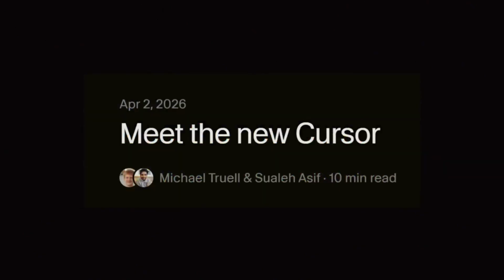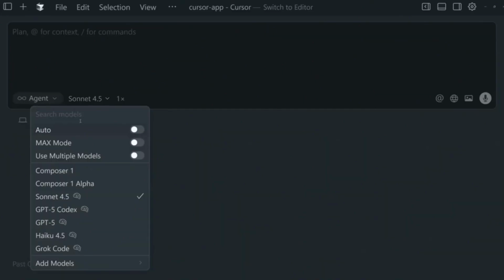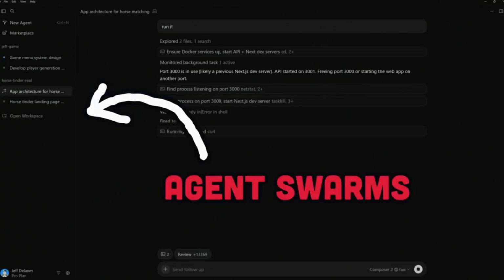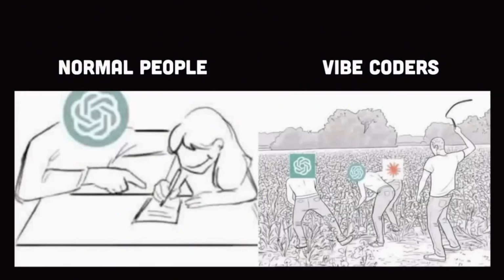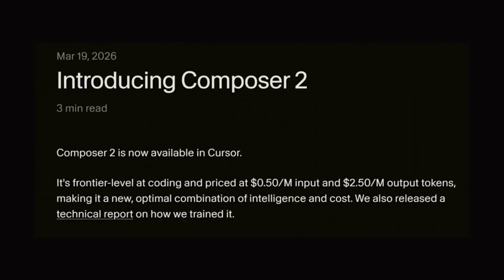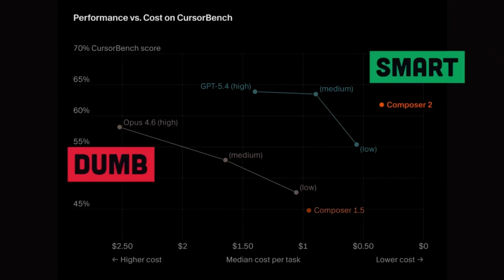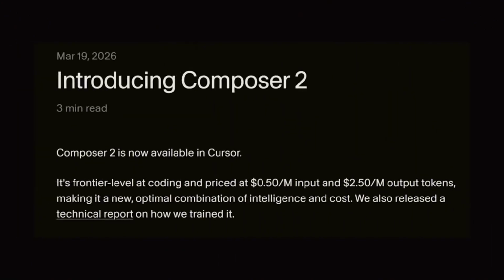But just a few days ago, Cursor dropped version 3.0, and this update doesn't even want you writing code. Instead, it wants you to act more like an air traffic controller running swarms of AI agents across multiple repos, and even the cloud at the same time. On top of that, Cursor just released a new Composer 2 model, which was allegedly trained in-house and is smarter than Claude Opus 4.6. That is, if we're to trust the trust me bro benchmarks.